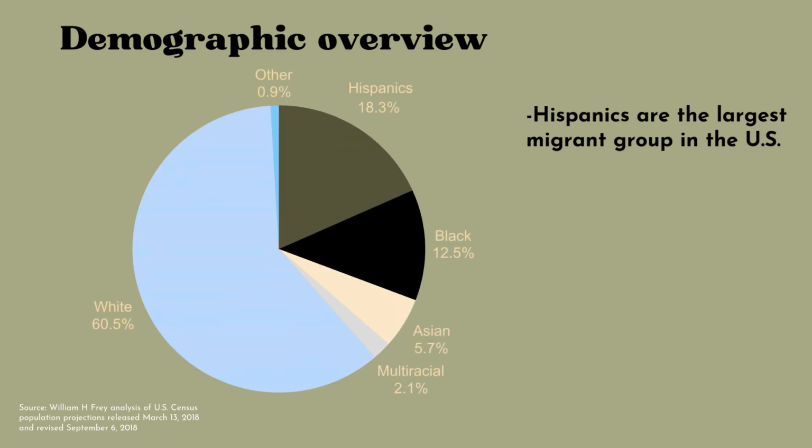The chart illustrates the population of the US in 2018. The population was mainly white, non-Hispanic, making up 60.5% of the total. Hispanic individuals formed 18.3%, while Black individuals represented 12.5%. Asian individuals made up 5.7%, and the remaining share consisted of multiracial and other groups. Together, these figures highlight the country's growing racial and ethnic diversity already evident in 2018.